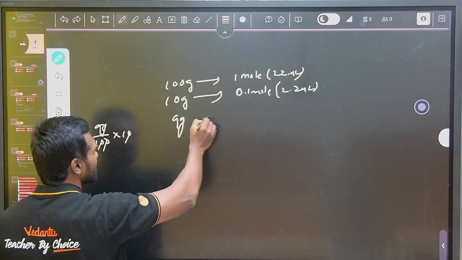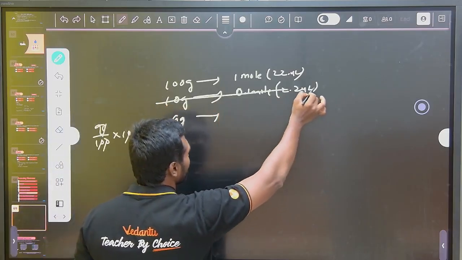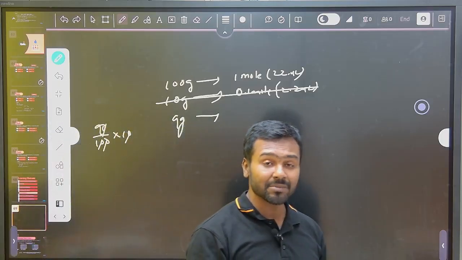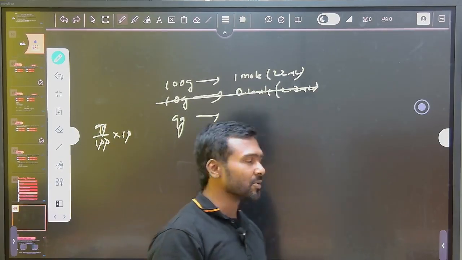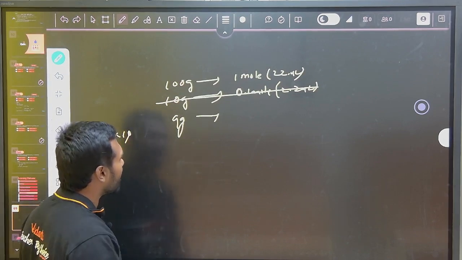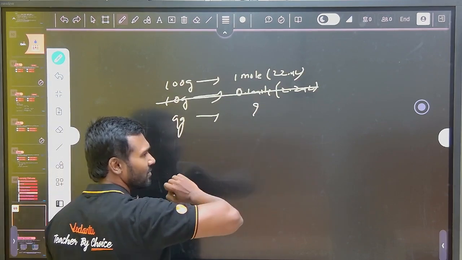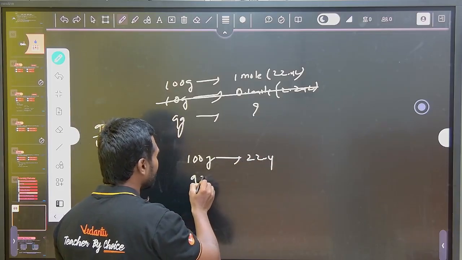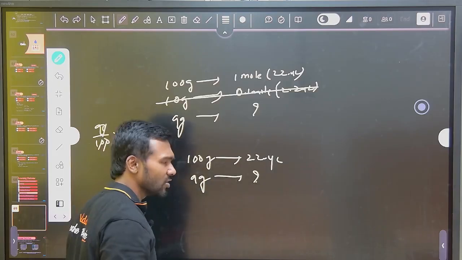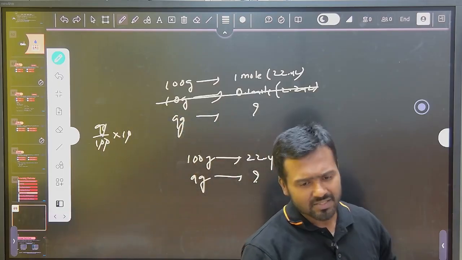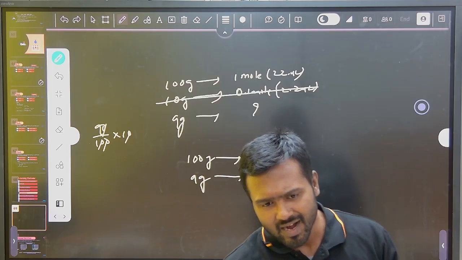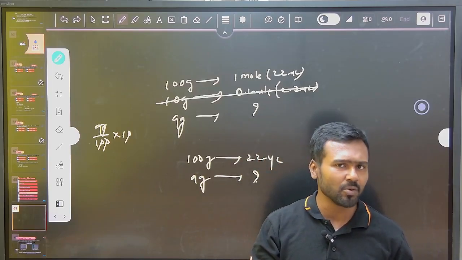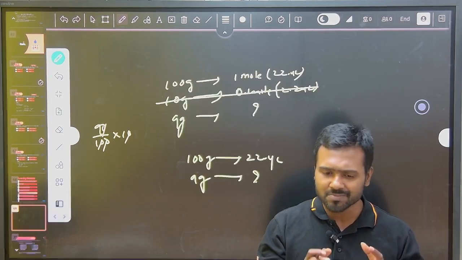So for 9 grams, we should not consider this one, because that is only for 100% pure. Now it is not 100% pure. They said only 90% is pure. So for 90% pure, 9 grams, how many moles or how much volume? For 100 grams, it is 22.4 liters. Then for 9 grams, how many liters? Volume, by cross multiplication. In this type of questions, they are giving that this is only that much purity. The complete compound, whatever the weight given, is not the purity. So then we have to take only how much